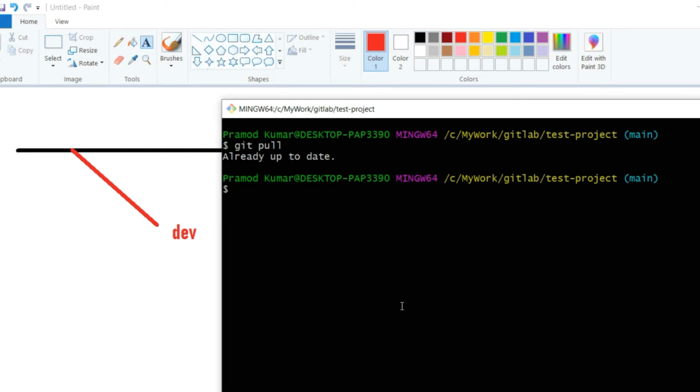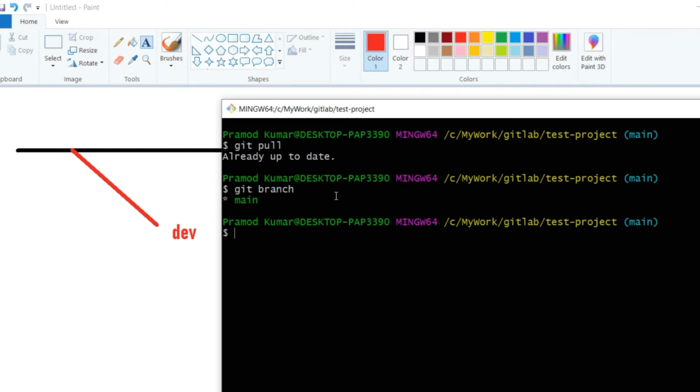So I run the command git branch. You can see I'm inside the repository, and it is showing main in green color. That means I'm on the main branch at present and there is only one branch called main.